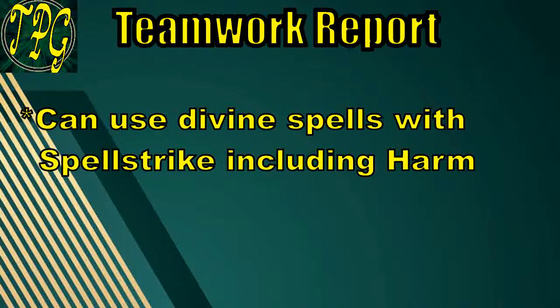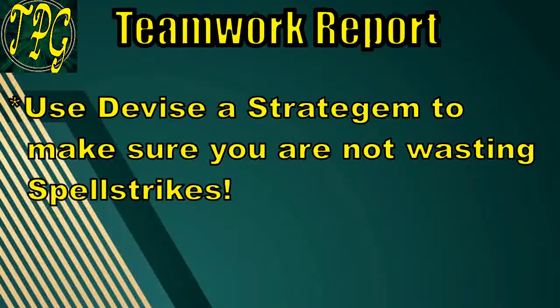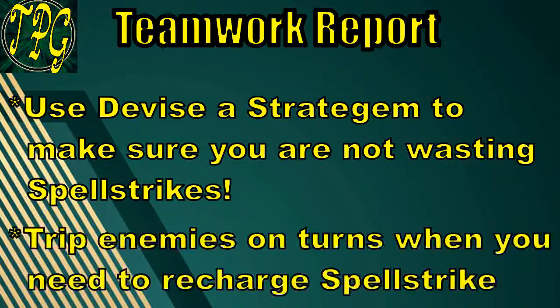In addition, the Divine Spell list has a ton of debuff spells that we can use with our Spell Strike. Some examples that you could take at this level include Agonizing Despair, Blindness, and Charitable Urge. And remember to use Devise a Stratagem before you attack, so you know whether your Spell Strike is going to hit or not. Also, we will want to trip opponents in this build, especially when we have to recharge our Spell Strike. And remember, when they get back up, we can hit them with an attack of opportunity for even